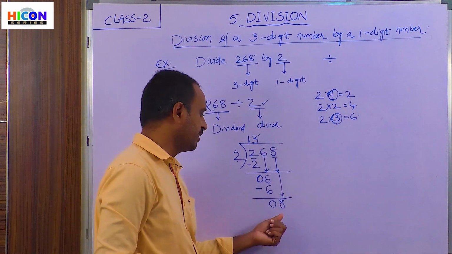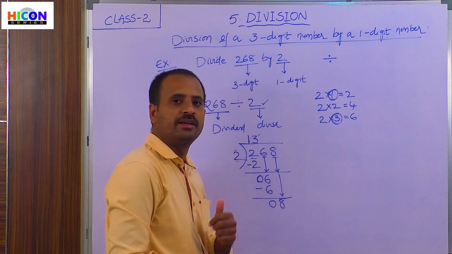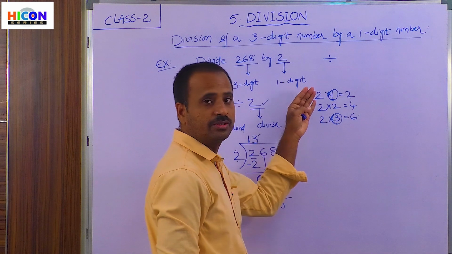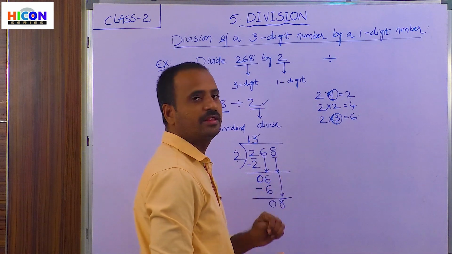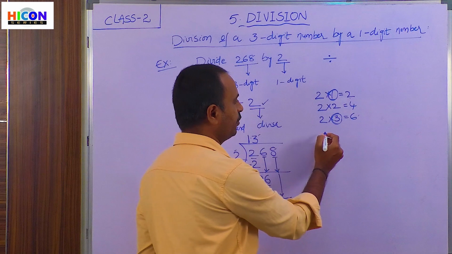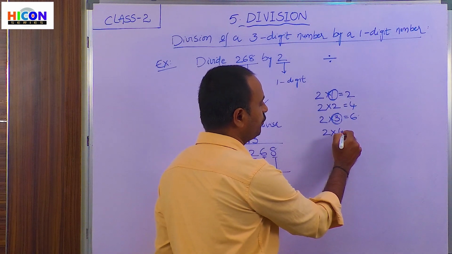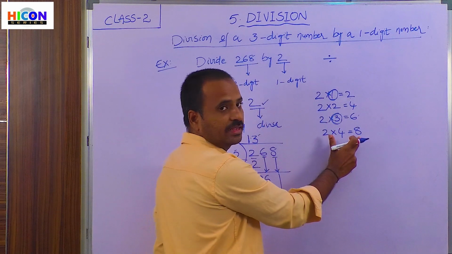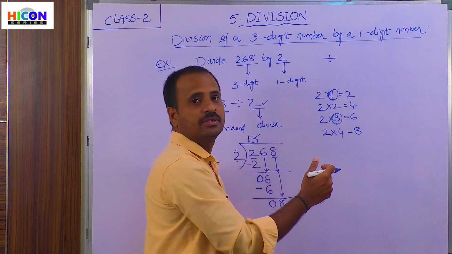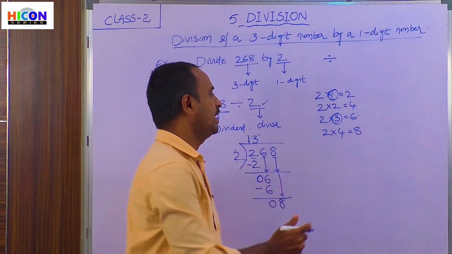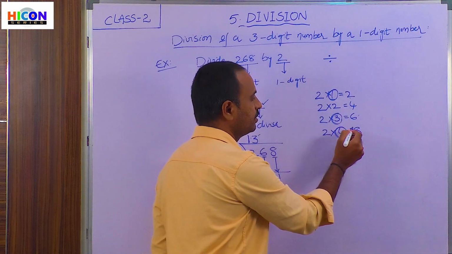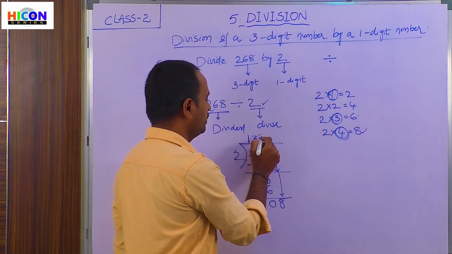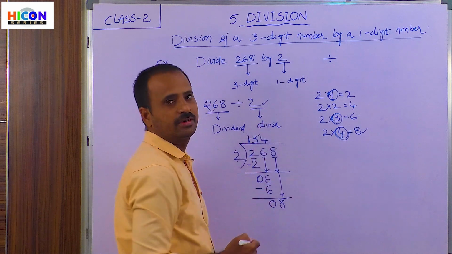So let us find when the number 8 comes in the second table. So again recall the second table and continue to write the second table until we get the number 8. So now take 4 times. So if you take 4 times 2, 4s are 8. So now we have got the number 8 in the second table. So how many times do we have to take to get 8? So we have to take 4 times to get 8. So write 4 in the quotient beside the 3 above the dividend.